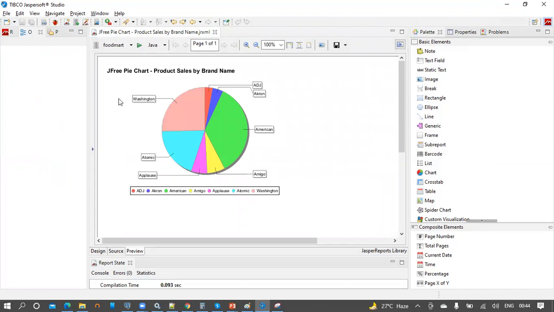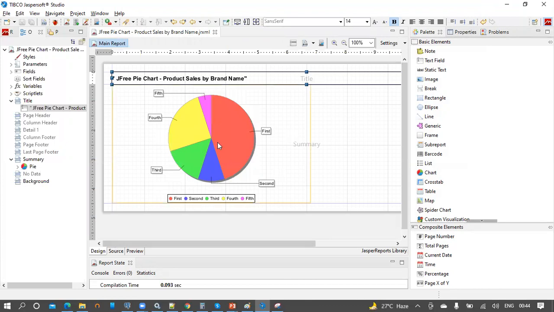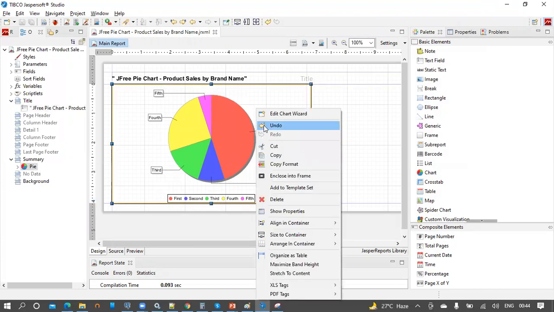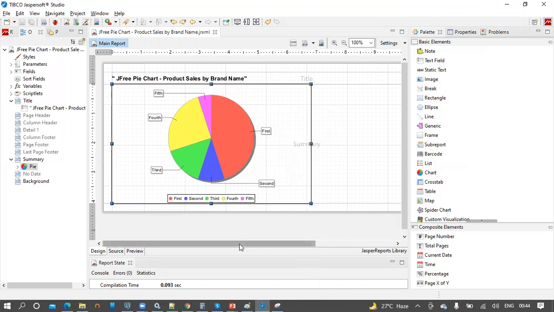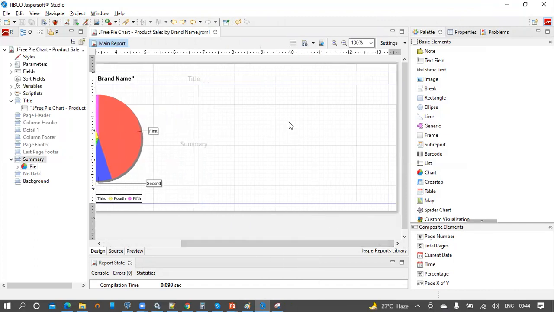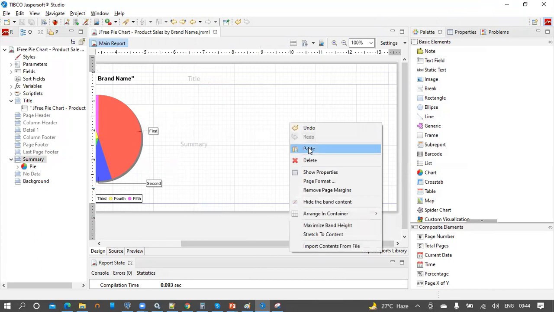We can see that the chart is displayed with the categories. So this is how we can create a pie chart in the studio, and this is the default look and feel of the pie chart. Now what if you want to get the values beside the category name here? For that, I am going to take a replica of the same chart and put it beside this one.